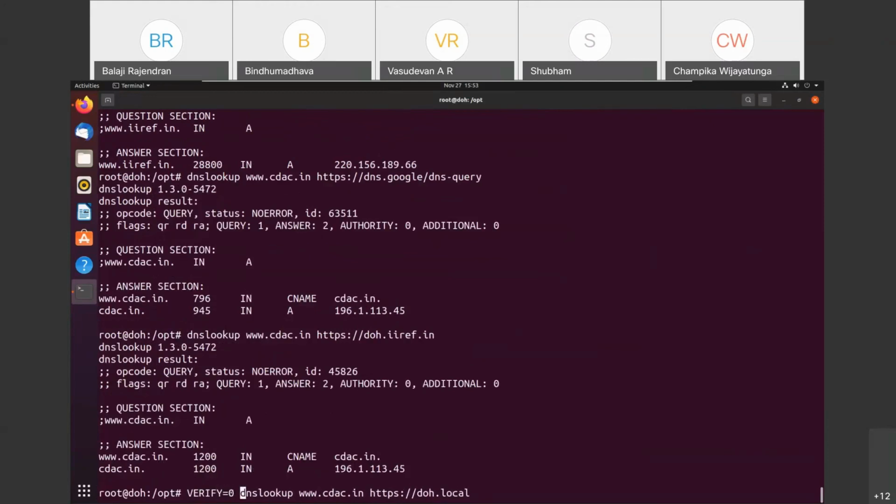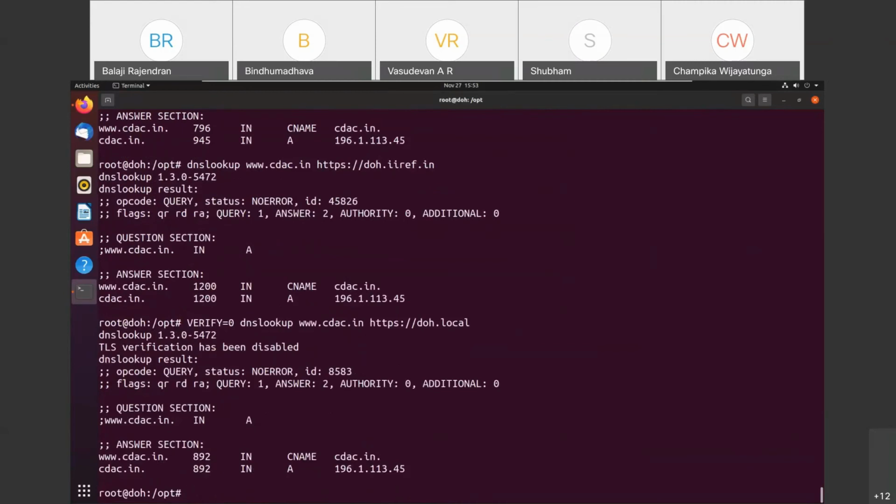And now this is also working. So for dos.local I used verify equal to 0 because the certificate is not signed, but for any DOH server where the certificate is valid, we do not need to write verify equal to 0.